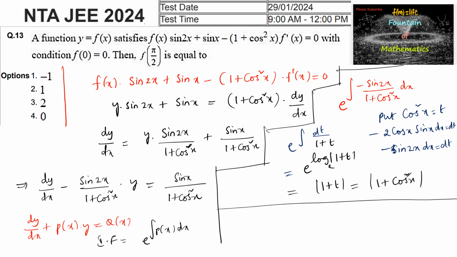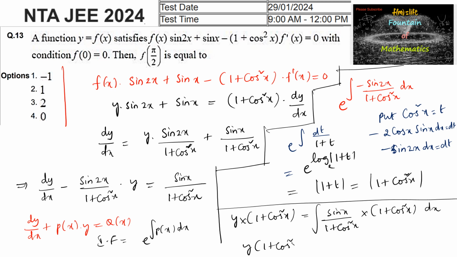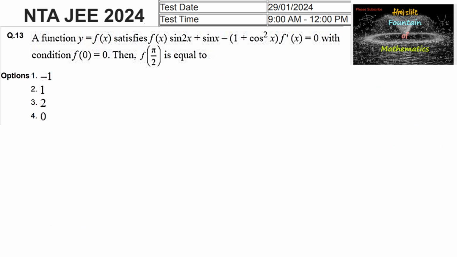Now the general solution can be taken: y into integrating factor, that is 1 plus cos square x, is equal to integral of q of x, that is sin x upon 1 plus cos square x, into integrating factor 1 plus cos square x dx. That is y times of 1 plus cos square x is equal to integration of sin x dx, which implies y times of 1 plus cos square x is equal to integration of sin x,